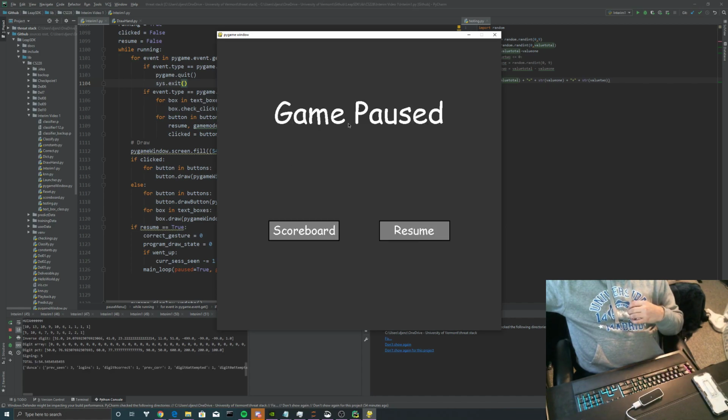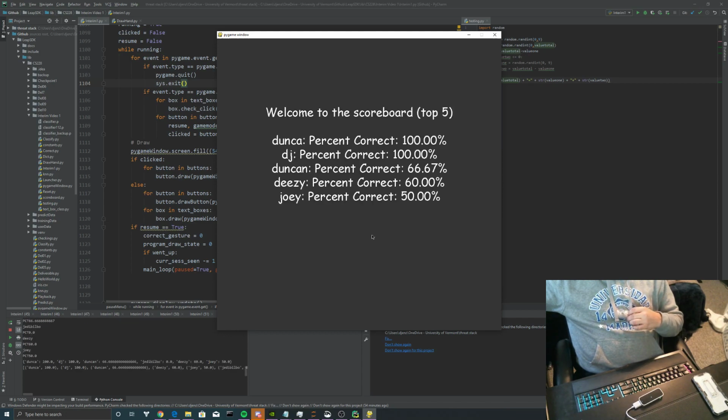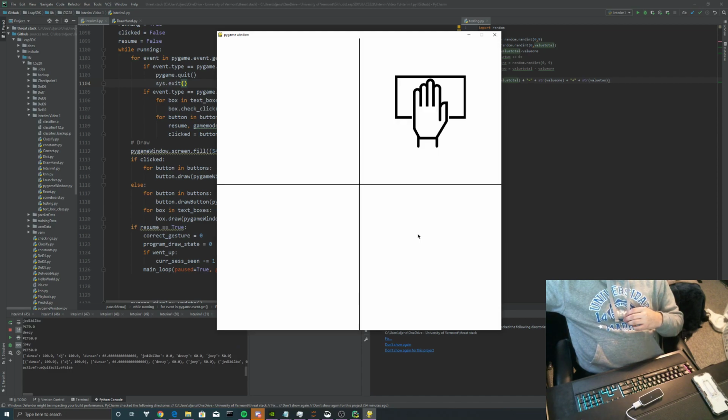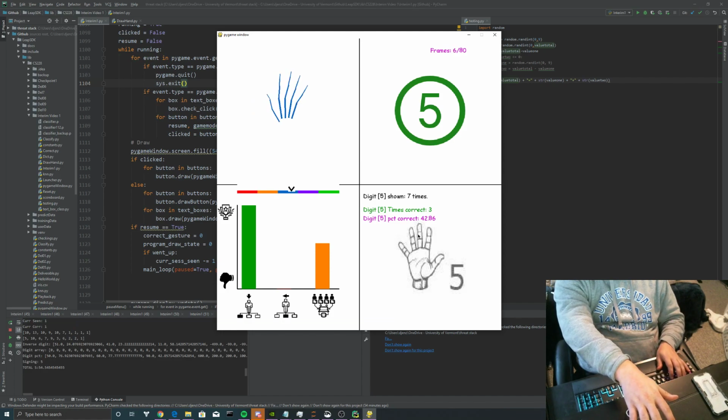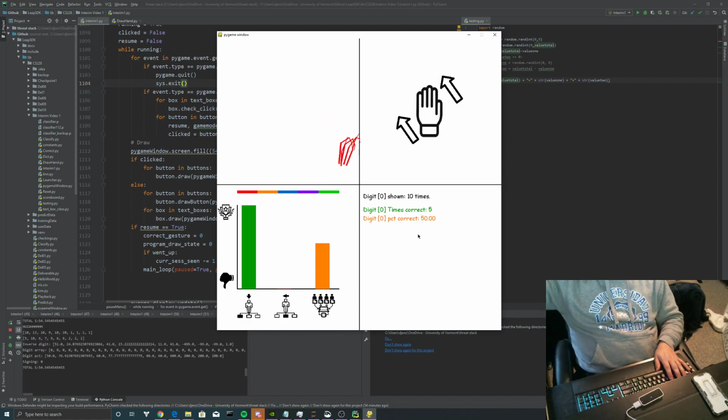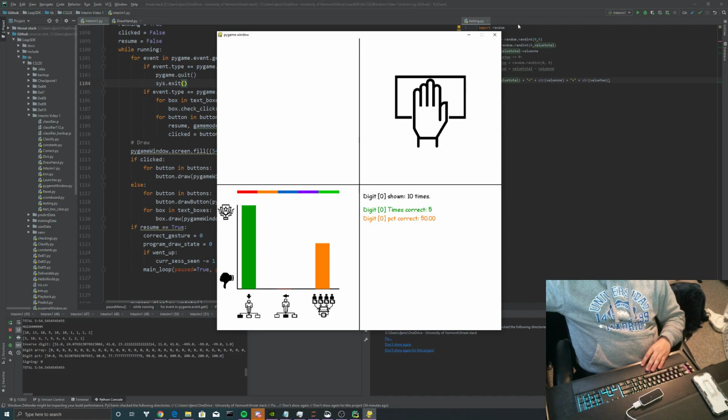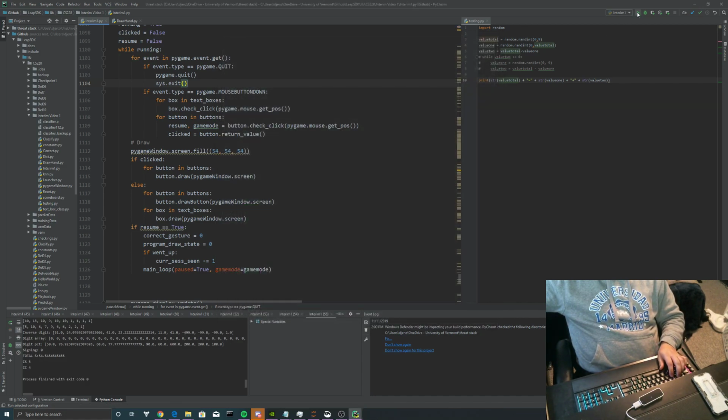I've actually added in a little hidden menu here. If the user hits escape on the keyboard, it'll bring them to the game pause menu. They can see the previous scoreboard that was there before, or they can return back to the game and it brings them exactly back to the position in the code that they were at before. And then I got lucky there and the sign was 5, so I automatically got it. Now if the user quits the game here and they want to hop into the math game mode,